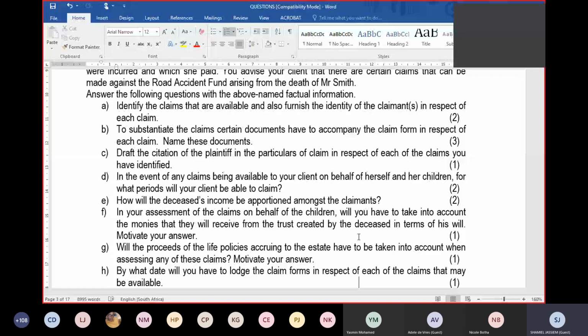Remember, she's claiming loss of support for herself and she's claiming loss of support on behalf of the minor children. Let's start with the minor children. Loss of support for the children. Maintenance is claimed either till the age of 18 or until the child is self-supporting or self-sufficient. So in respect of the minor child, either till the age of majority, which is 18, or until the child is self-sufficient or self-supporting. And for the widow, for Mrs. Smith,